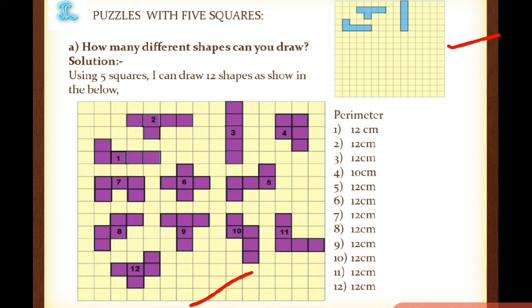You check anywhere, it will be 5. 1 2 3 4 5. 1 2 3 4 5. Like that, only 5 squares should be there. Okay. And now they are asking us to find the perimeter. Okay, on the next page I have given questions to solve, but I am finding the perimeter here only so that it will be easy for you.